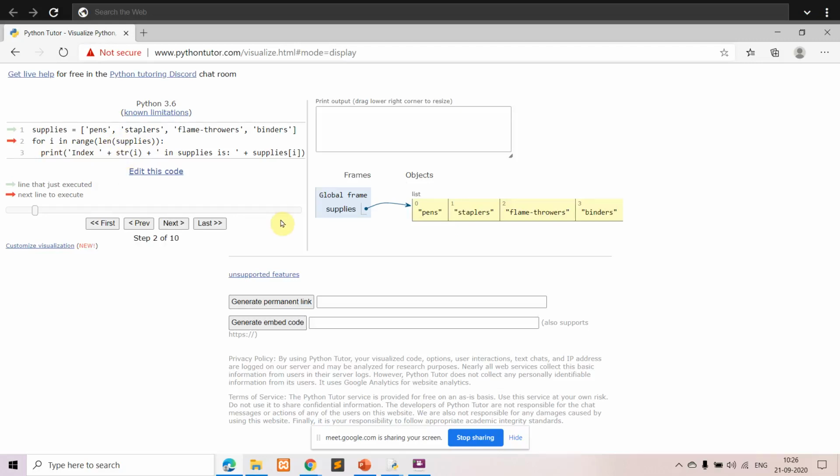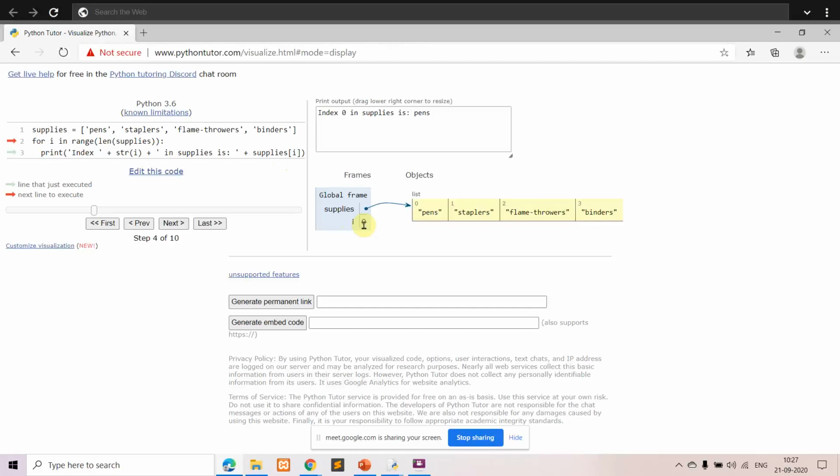Total, how many items or elements do you have to display here? 0 to 3, total will be 4. So we'll just trace this program. First, I is equal to 0. So how will it be displayed? Index of string I. Along with the string, you have to display the integer value, so for that purpose the integer value should be converted into string. For that purpose you have written this plus, in supplies is plus supplies of I. Again, plus is your concatenation.